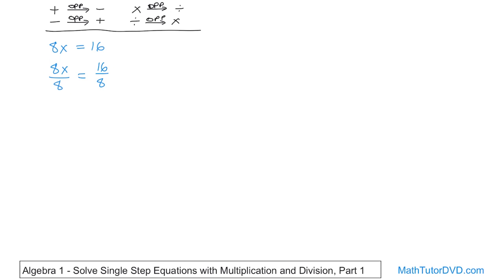Now, what's going to happen on the left? You have 8 times x divided by 8. So you can kind of sort of ignore the x there and just sort of read it as 8 divided by 8 here, because this